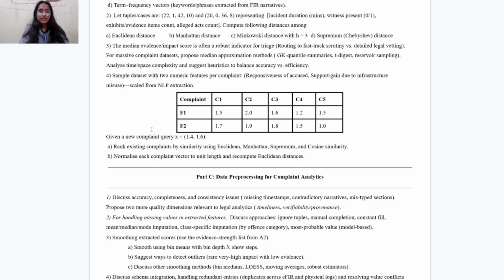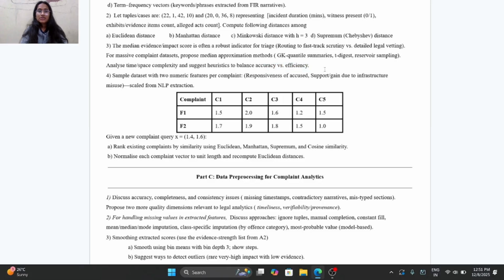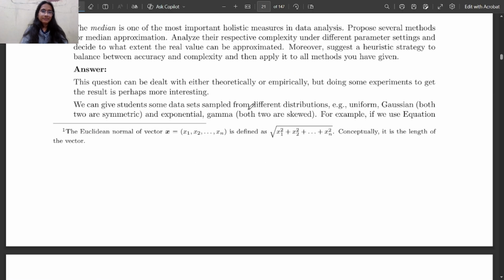Question number 3. The median evidence impact score is often a robust indicator for triage routing to fast-track scrutiny versus detailed legal vetting for a massive complaint dataset. Propose median approximation methods like GK quantile summaries, T-digest, reservoir sampling, analyze time and space complexity, and suggest heuristics to balance accuracy versus efficiency. So for this question, basically,